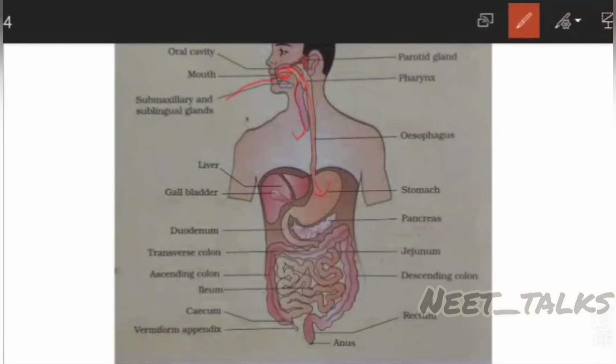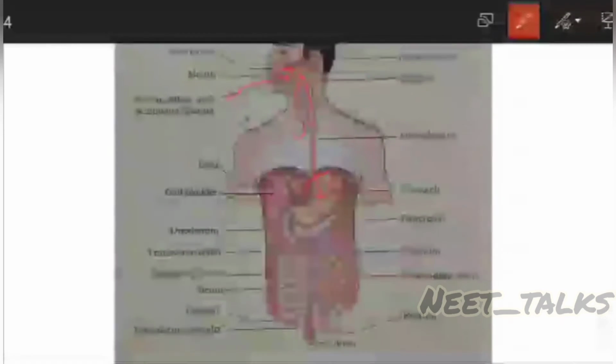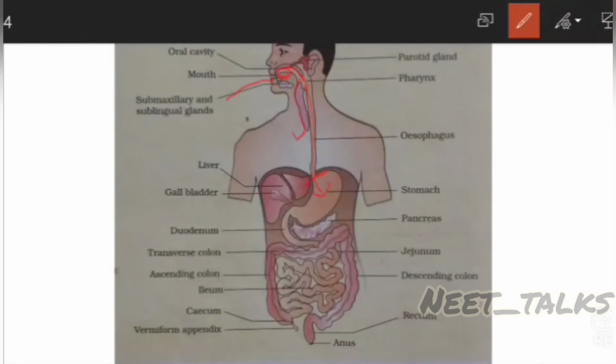Okay, so from the pharynx the food goes to the esophagus. This esophagus has the rhythmic contraction, that is the peristaltic movement of the gut, that helps the food to go downward. And then the food enters the stomach from the esophagus, guarded by the gastroesophageal sphincter. What is the function of the stomach? It is to digest some part of the carbohydrate and mainly the protein, which is done by the pepsin, and also to make the food acidic so that the pepsin can work on it.